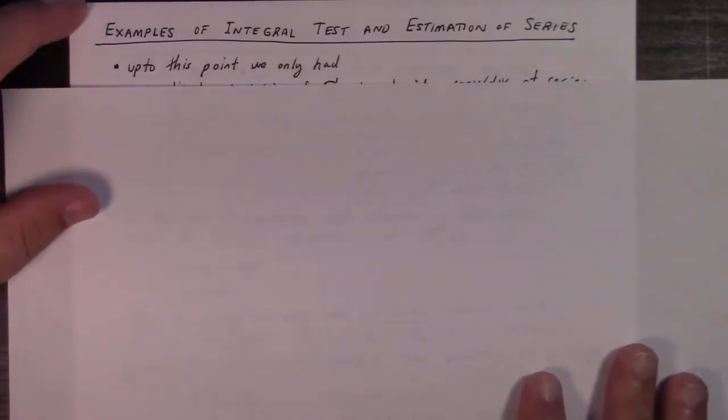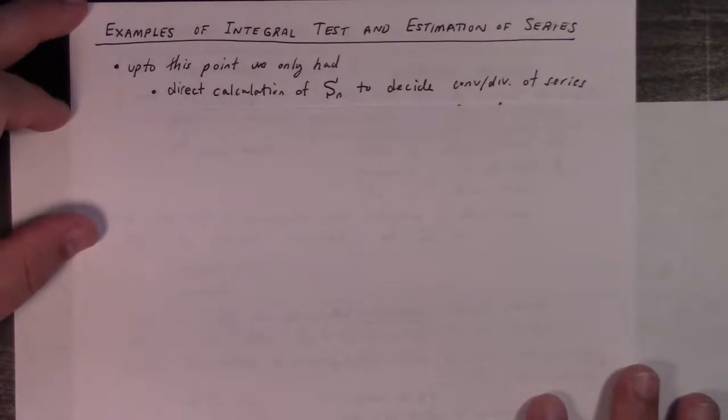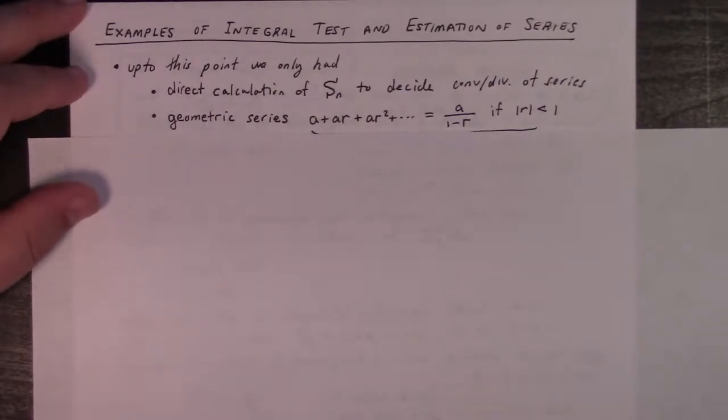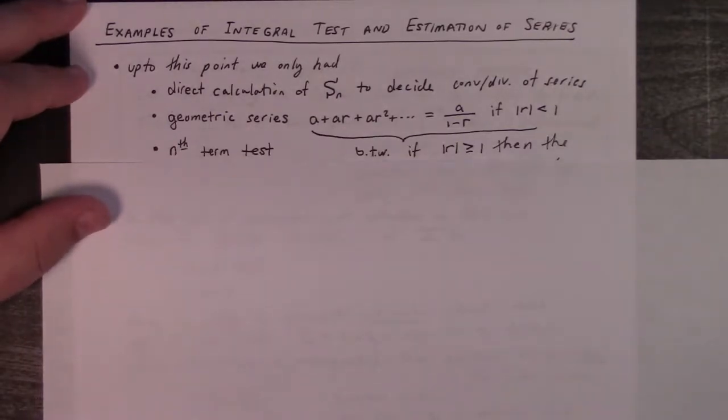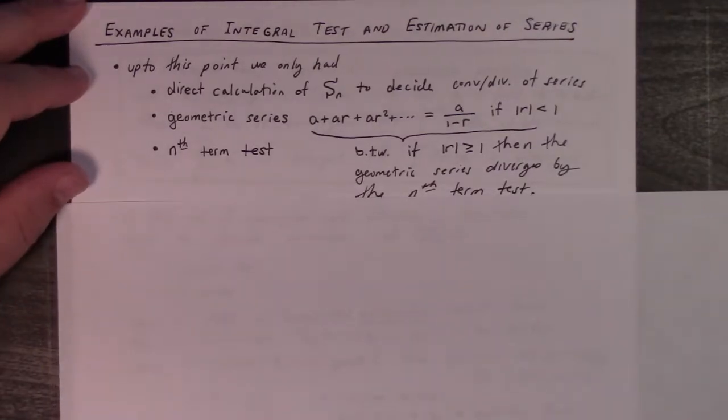So here we go. Up to this point, we have only had direct calculation of the nth partial sum to either decide convergence or divergence of the series. We had the geometric series result, right? What else have we had up to this point? Nth term test. Right? What else is in our arsenal? That's pretty much it. These are the tools we have to bring to bear to decide the convergence or divergence